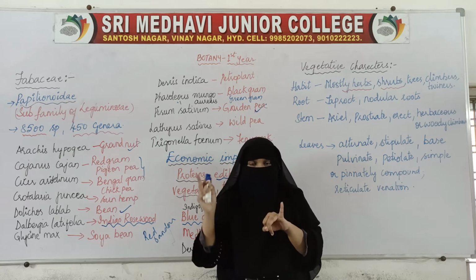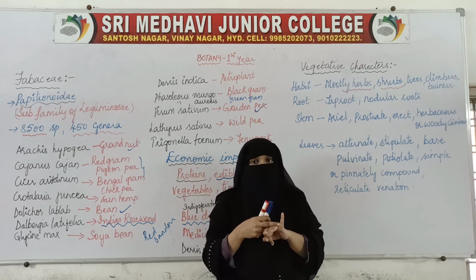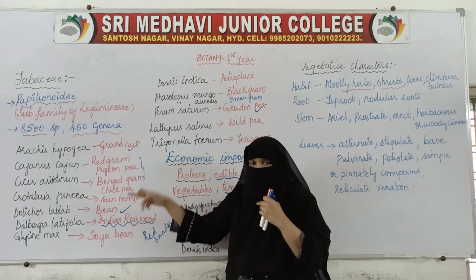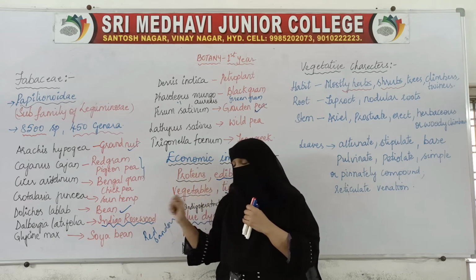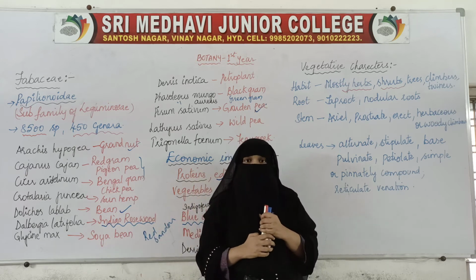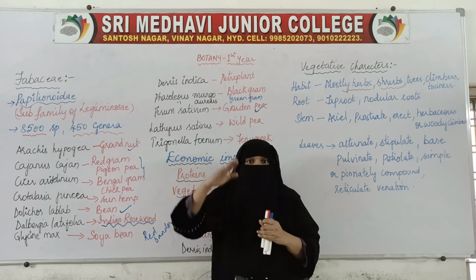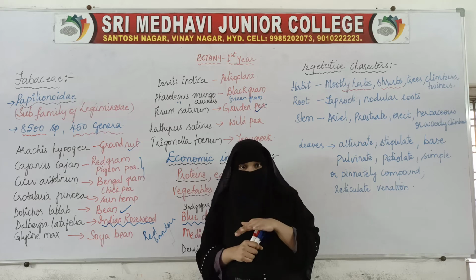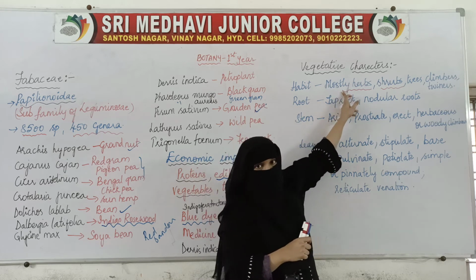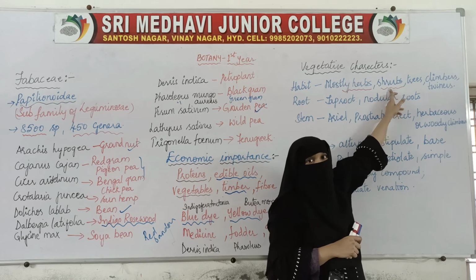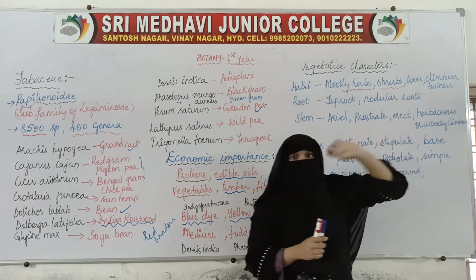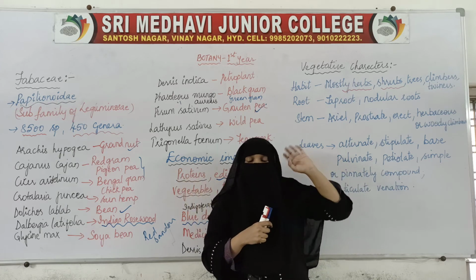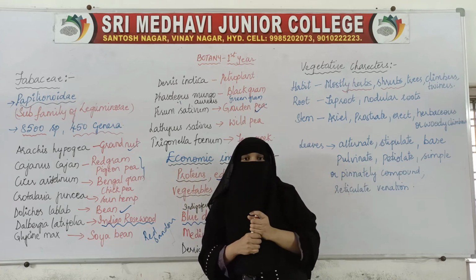Some of the plants from this family are shrubs, and some of them are trees. Here, Indian rosewood is a tree. It is a wood plant giving us timber. Red sanders is also a plant giving us timber. So they are big trees, and we get wood from big trees. So in this family we find herbs, shrubs, and trees. Some of the species are trees, and a few are climbers and a few are twiners.